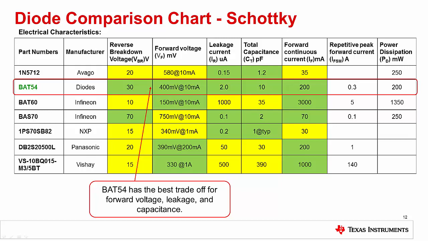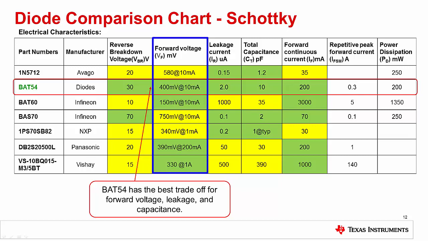Here is a selection of several different diodes. Let's look at all the parameters and decide which diode works best for this application. First and foremost, this application requires that we never exceed the reverse breakdown voltage. Since the amplifier supplies are plus or minus 12 volts, the maximum reverse voltage applied to the diodes can be as large as 12 volts. A good rule of thumb is to make sure that the reverse breakdown rating is at least twice the applied reverse voltage, or greater than 24 volts in this case.